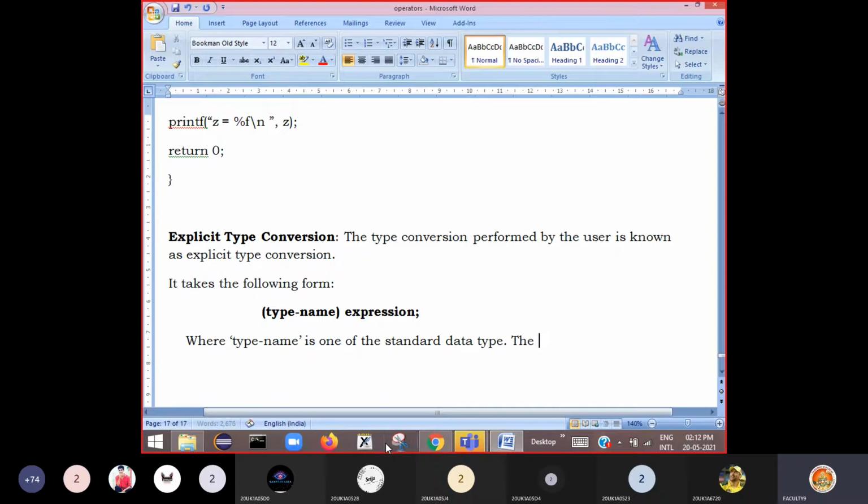The expression here, whatever expression you have written, may be a constant, a variable, or some other expression also.